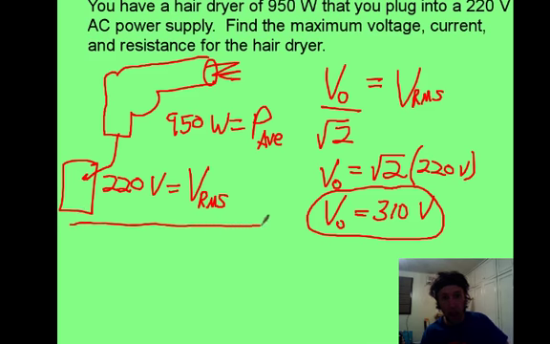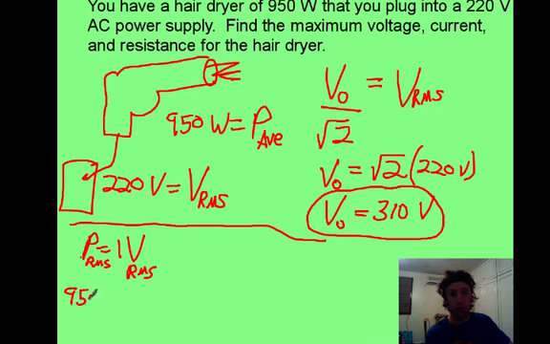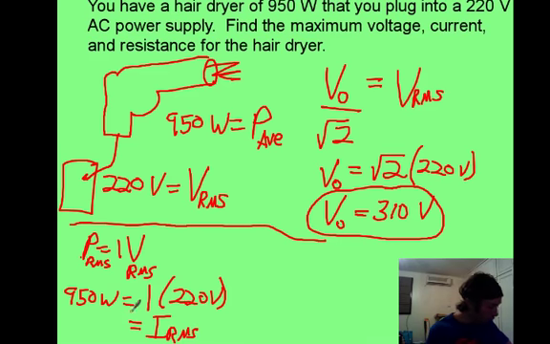And then let's say we want the current. A few different ways you can do this. Maybe you want to find the RMS current first. So maybe you do P equals IV. And this is all RMS stuff, and you can still plug in the normal values. You have 950 watts equals I times 220. That's going to give you an RMS current of